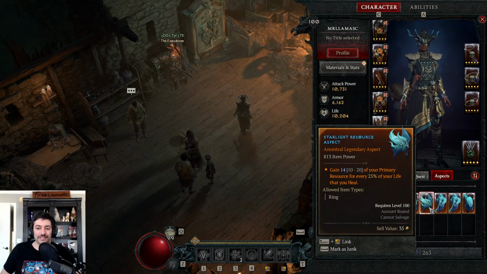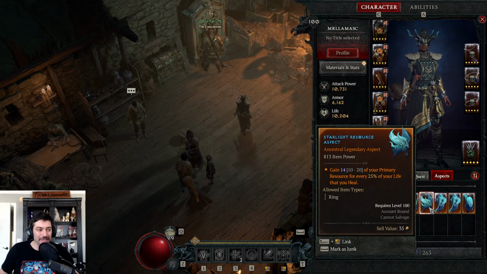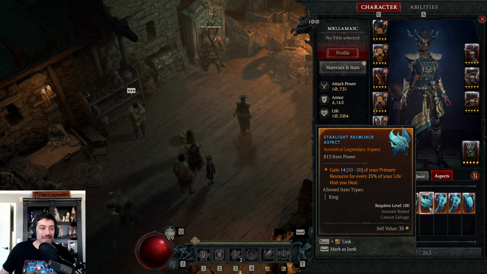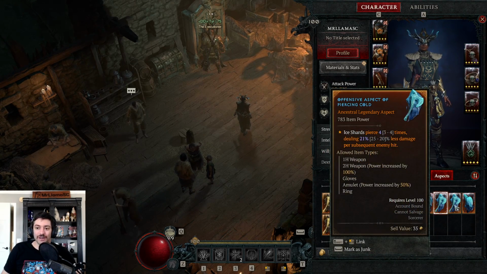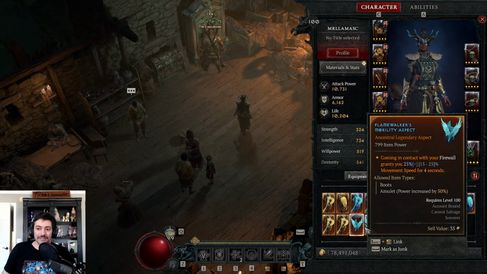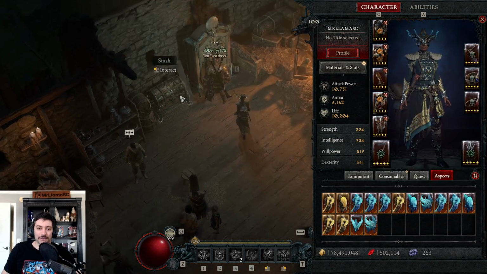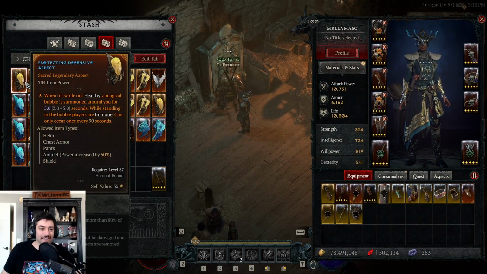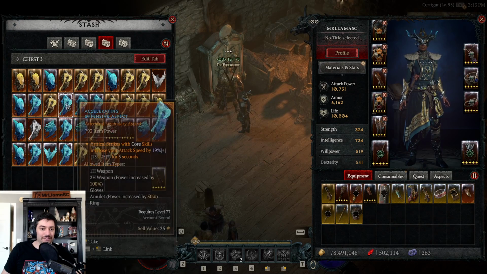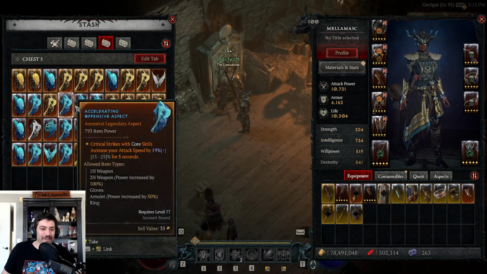Gain 14% of your primary resource for every 25% of your life that you heal. So if you have a build where you're doing a lot of healing, this can be another way to get a little bit more. There is also... that's prodigies again. I've got a lot of aspects. There's also one that just purely gives you like 2, 3, or 4